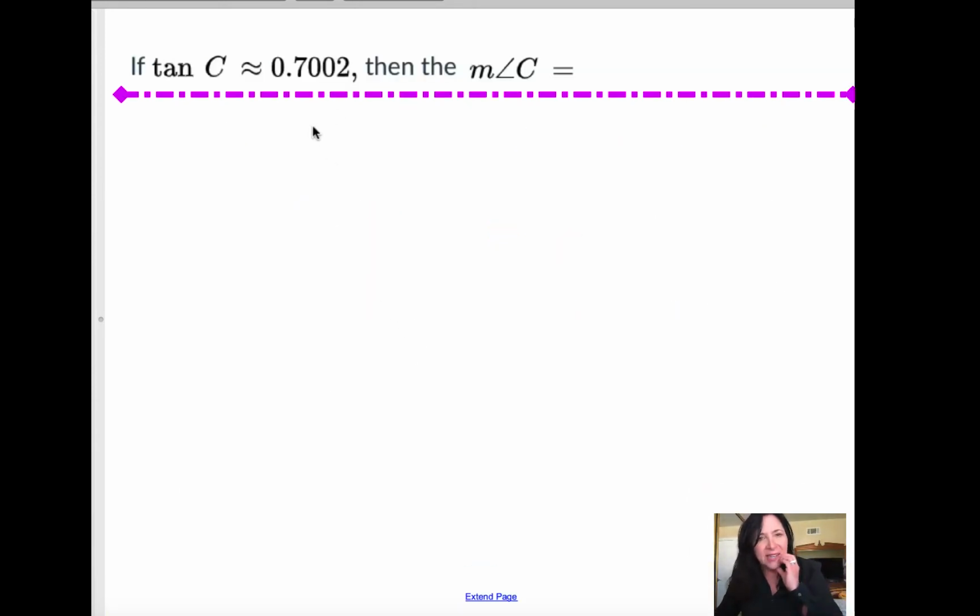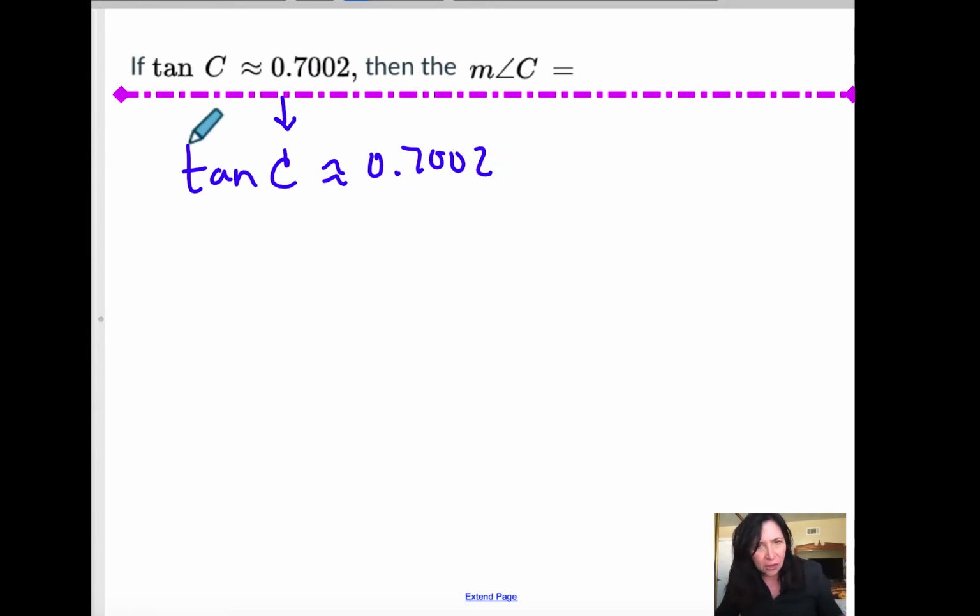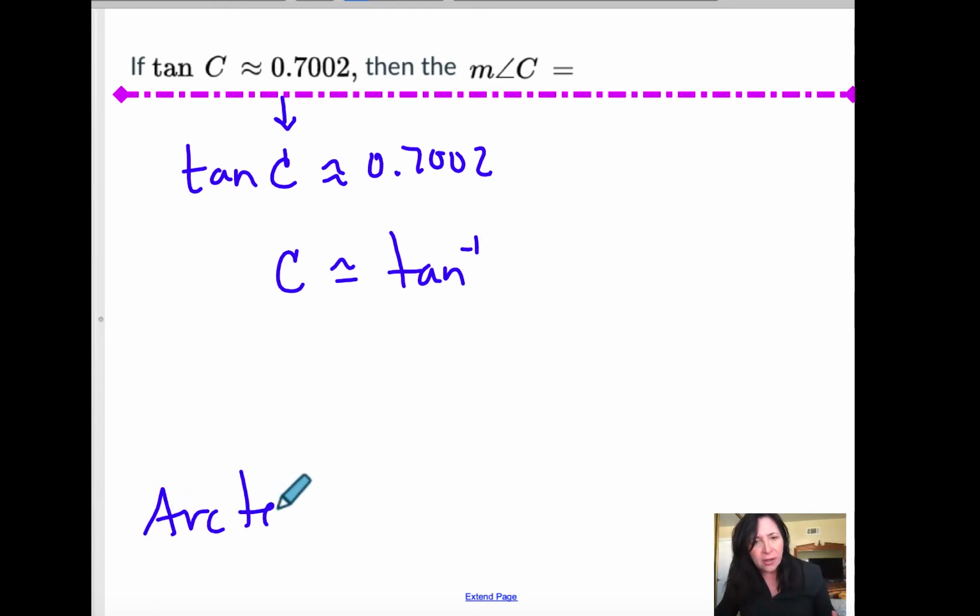The next question says, if tangent of C is equal to this value, then what's the measure of angle C? So what you need to do on your calculator is find C, so you solve for C. Tangent of C is about 0.7002. If you want to solve for angle C, you need to take this tangent and bring it over to the other side. The act of doing that is what we call arc tangent. I'm saying arc tangent, but I'm writing this inverse. That's what that means. So C is equal to arc tangent of